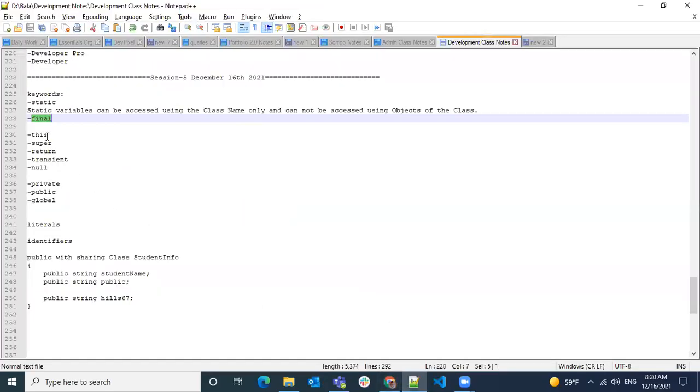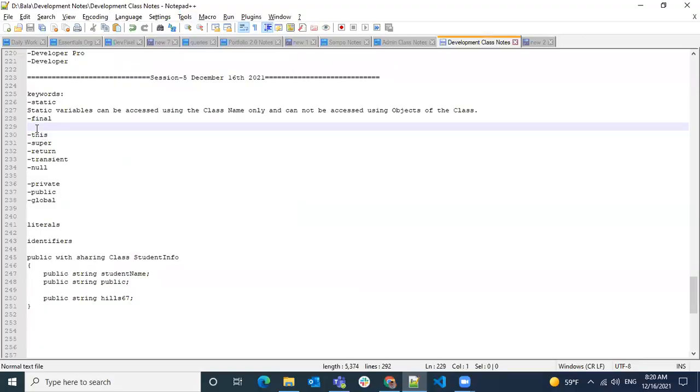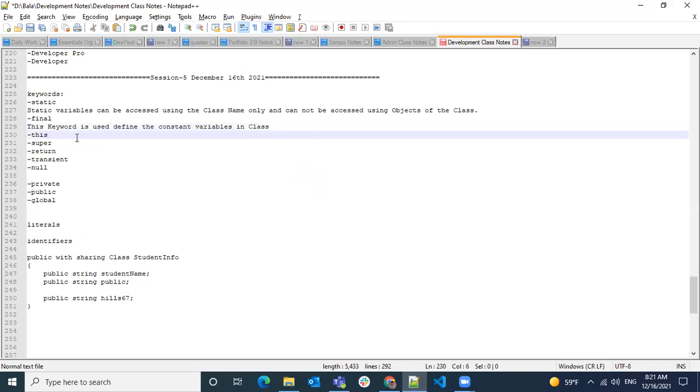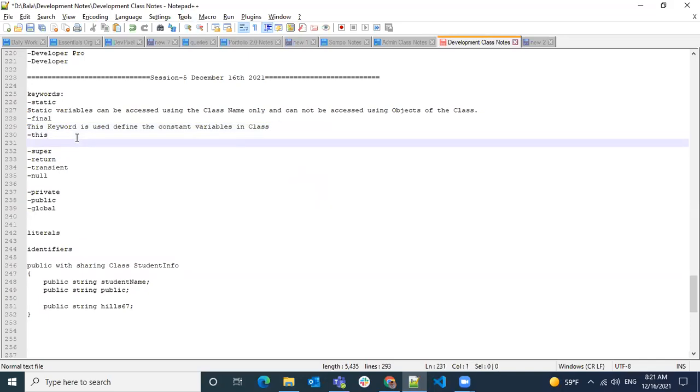And then we have the this keyword, which is used to refer to the variables in a class. We have already seen this keyword while using a constructor.